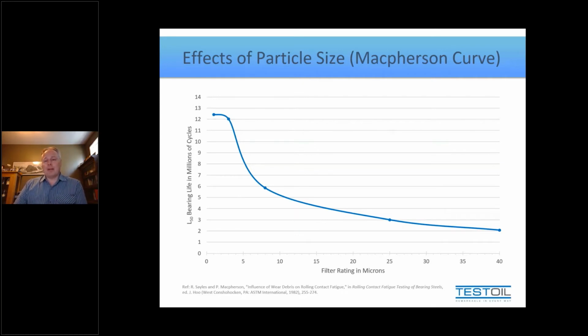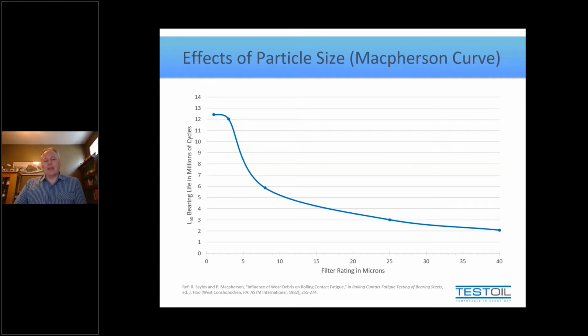So at 25 microns, we start to see an improvement, sure, but what happens when we get all the way down to 8 microns? As you can see, once you filter down to 8 microns, there's another substantial improvement if you're thinking along the lines of 50% being pretty substantial. But relatively speaking, we're only just getting started. Once you go below 8 microns, all of a sudden the bearing life rises exponentially. We can get in the tune of about a 6 times life extension by filtering all the way down from 8 microns to 3 microns.